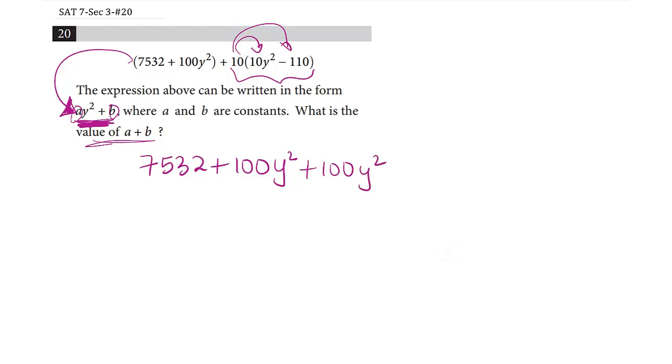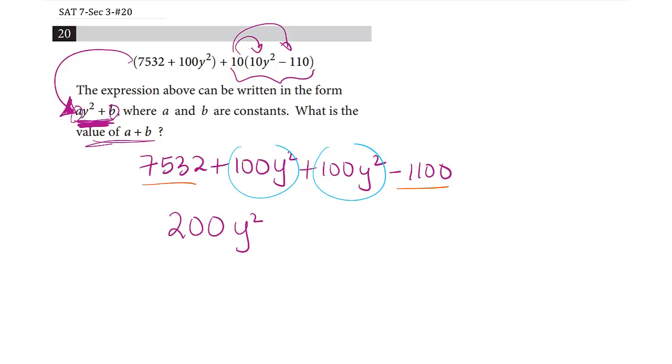And then 10 times negative 110 is negative 1,100. Next, we'll look for like terms. Of course, the 100y squared plus 100y squared is 200y squared. And for the other part, we have 7,532 minus 1,100, which results in 6,432. If you look closely, you'll now realize that, hey, you found your a value and you also found your